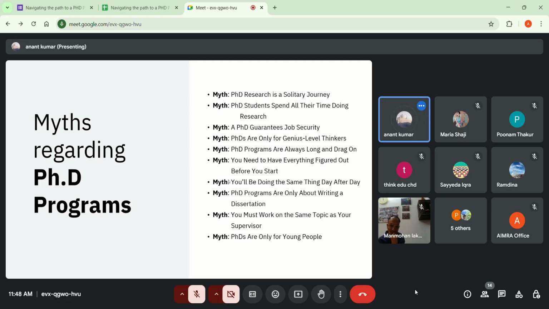PhD programs are always long and drag on. No, it is not. There is again a myth that everybody says that PhD gets completed in 5 to 6 years. It is not that. Understand, UGC norms do not say that you can extend your PhD, right? It is either a gap from the university side or a gap from the scholar side.